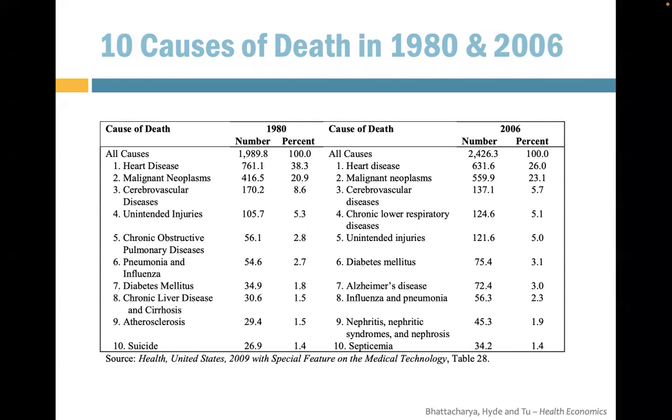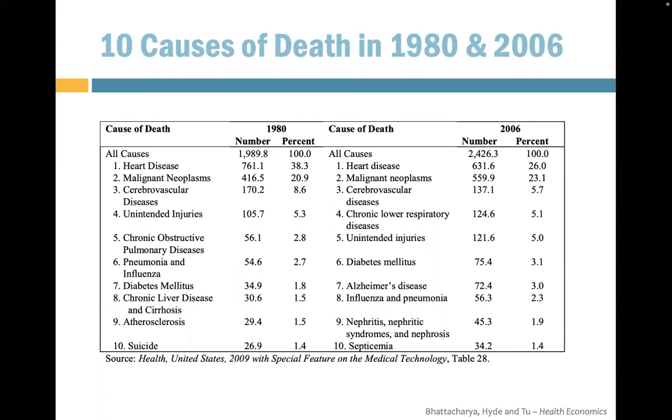If you haven't heard about it, it usually refers to blood issues in the brain. So something like a stroke belongs to this category. And we see that the top three remain the same after 26 years. Okay. There are some changes in the 4th to the 10th one. I think it's interesting. Unintentional injuries was number 4 in 1980. Now it becomes number 5 in 2006.